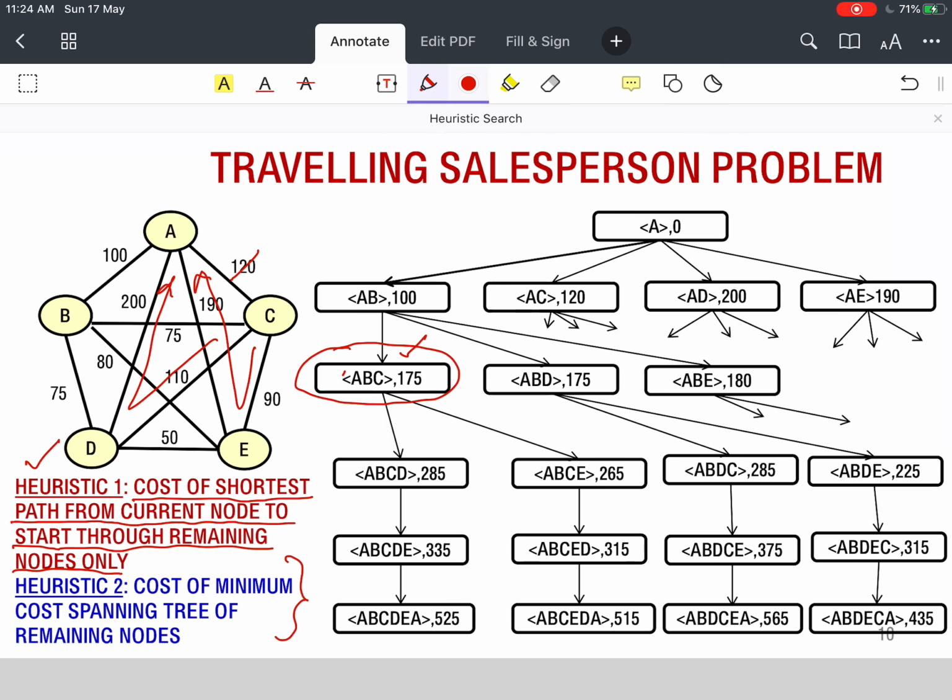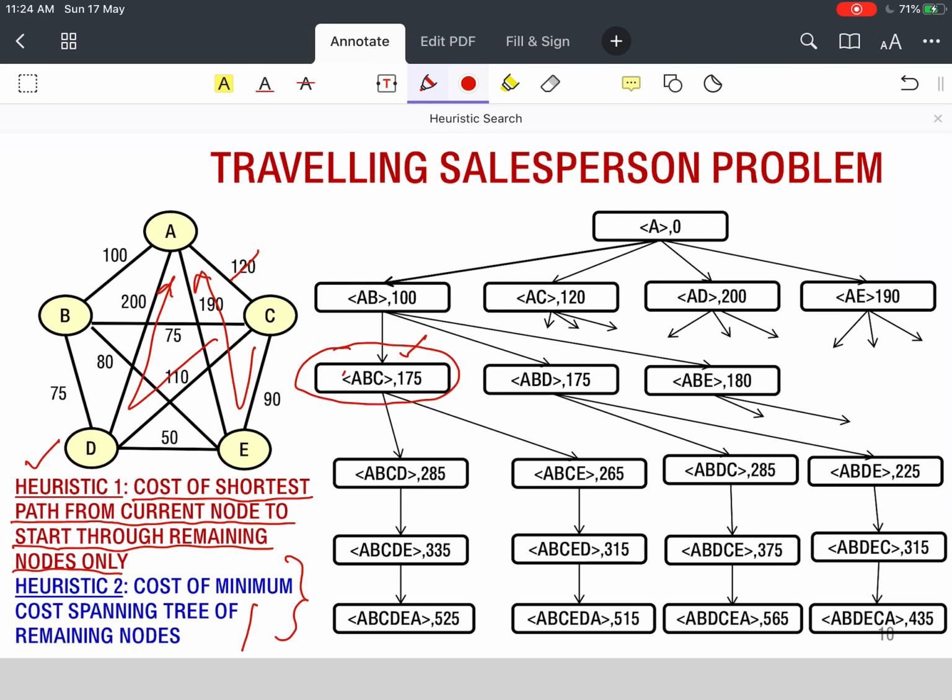Here is the second option that we have. Again, we consider the remaining graph. We remove the edges from C to A and we remove the node B. And we find the minimum cost spanning tree of the remaining graph.